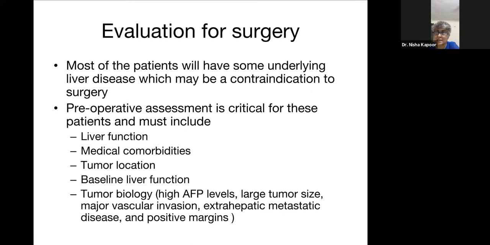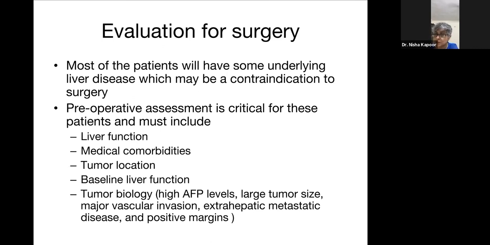Now, what we need to understand is that in most of these patients who have HCC, we actually have some underlying liver disease, and this might be a contraindication to surgery per se. Preoperative assessment thus becomes critical for these patients, as it would be for any major surgery, and it must include liver function assessment, medical comorbidities, blood pressure, ischemic heart disease, diabetes, and the location of the tumor. That is very important. It may be absolutely subcapsular or it may be deep inside the liver. The baseline liver functions, tumor biology, that is high AFP levels, large tumor size, major vascular invasion, extrahepatic metastatic disease,